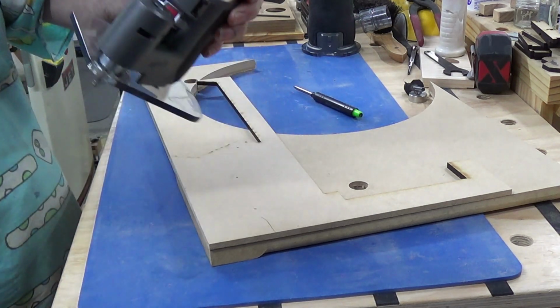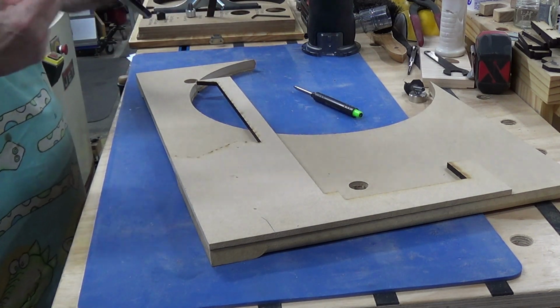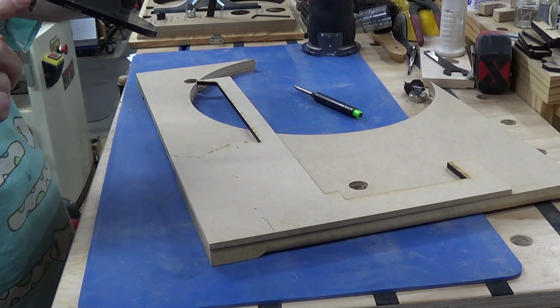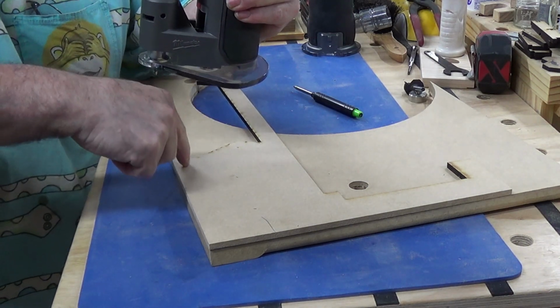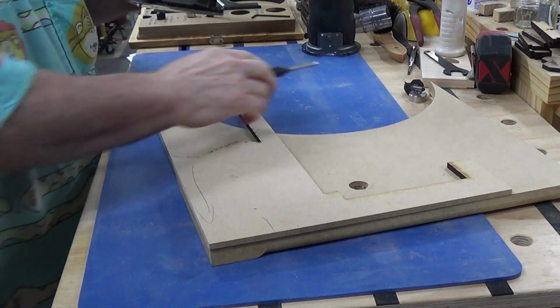Now, let's see which way we're looking at. We're looking at rotation going this, hang on, this way to dig in, this way. So I need to feed that way. I can never do this automatically. I do too much